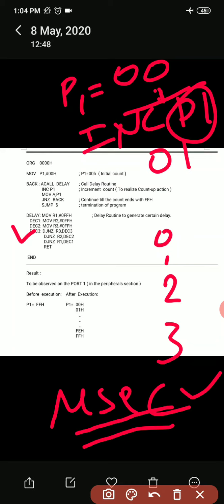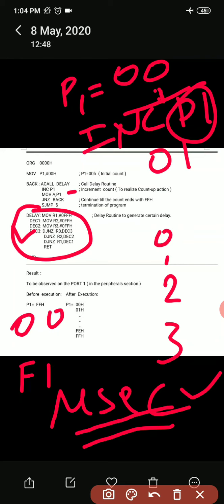For that we need a delay in between two values. Once the value of P1 is incremented, that P1 is also moved into A, because initially it is 00 and I will increment it till FF.